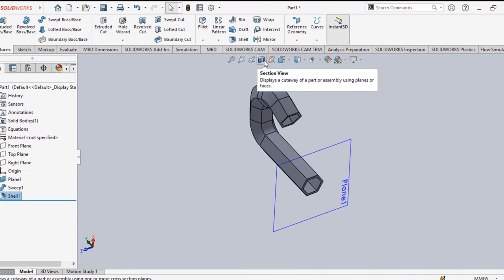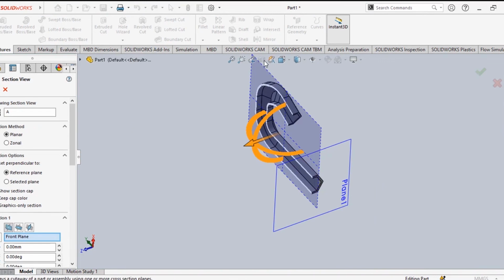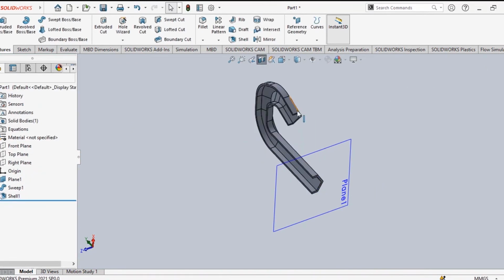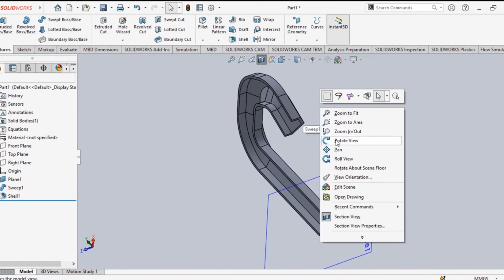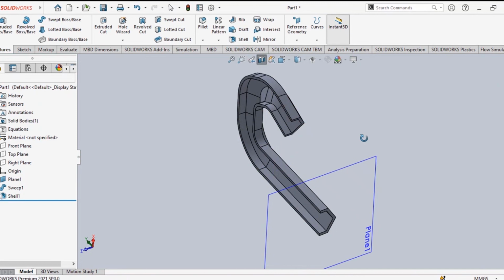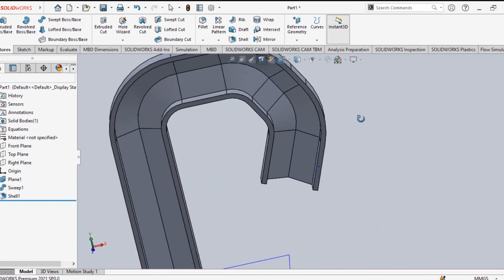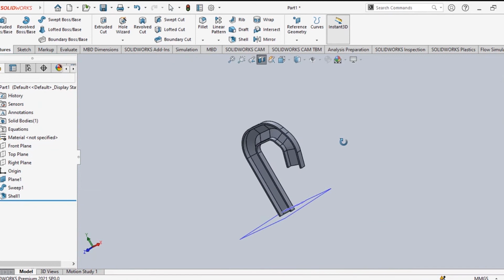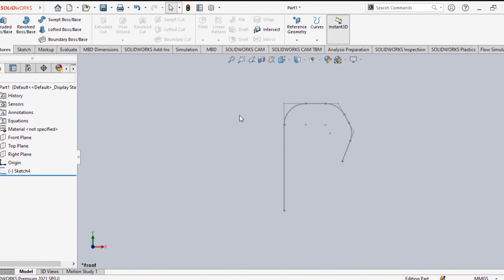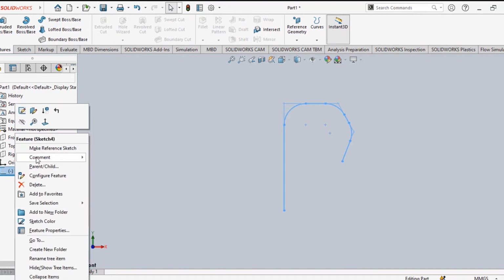For understanding this one better way, let us cut it from front plane and see what we have made, right? Let us see the segmented view and with rotation. My mouse is not working properly, so that's why some problem is there. See, this one we made. Could you see that? For understanding this one a better way, let us make another path. Zigzag path, suppose we make. Let us delete these things.